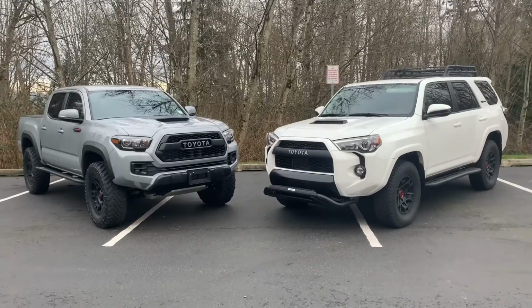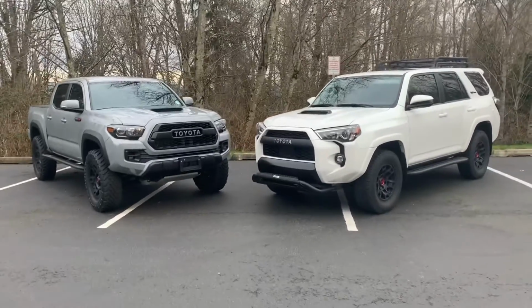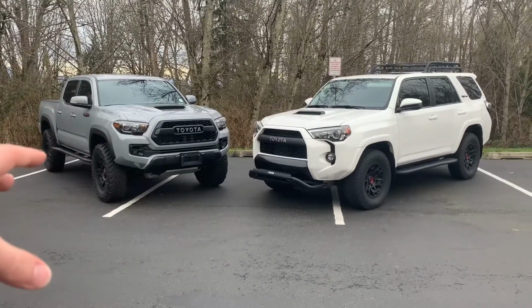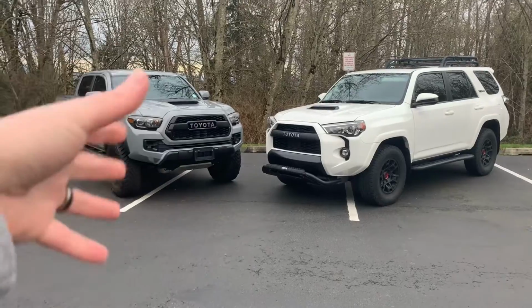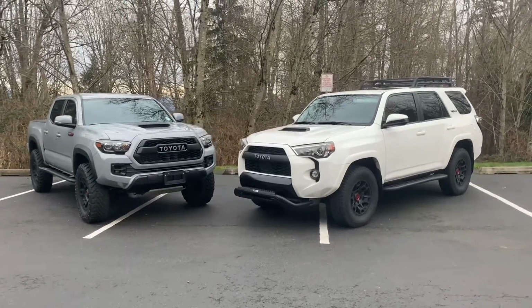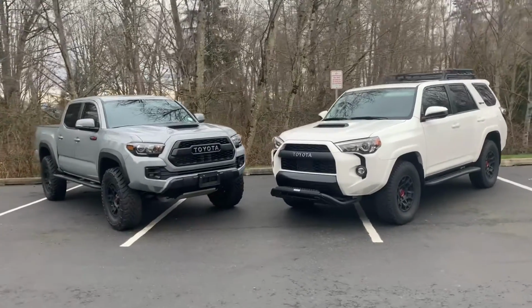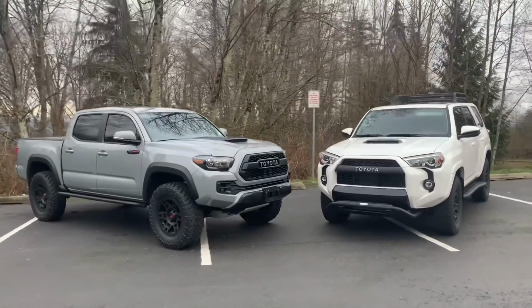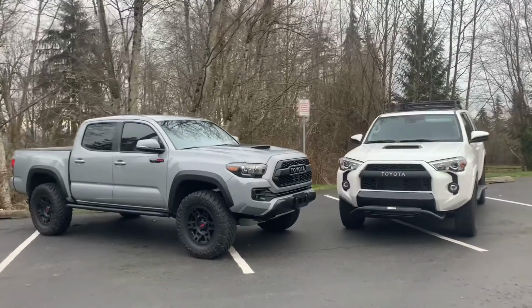like I said, I like the power plant better. I like the fact that it's made in Japan. As you guys know, this one is made in America, out of American plant. They're shifting all production of those to Mexico as of 21, 22 here. But if I were to have one, it would be the Tacoma between the two of them,